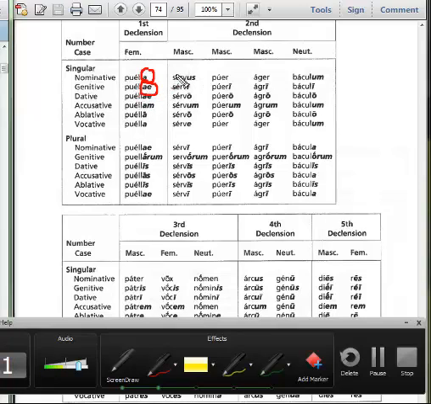For second declension, we're going to be looking for one of these endings. It can be UM, one of these R's, but the genitive is actually how you figure it out. The genitive is different in all of the declensions. If you look down at third declension, it's IS. If you look at fourth declension, it's US. If you look at fifth declension, it's EI. So we're looking for a plain I in the genitive singular. So if we go back and look at the dictionary,